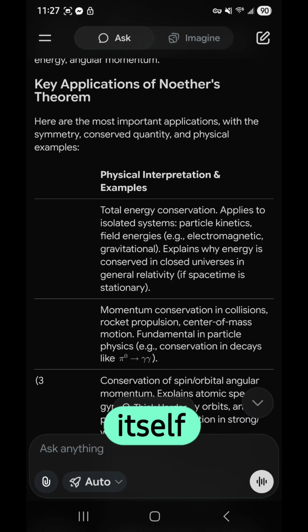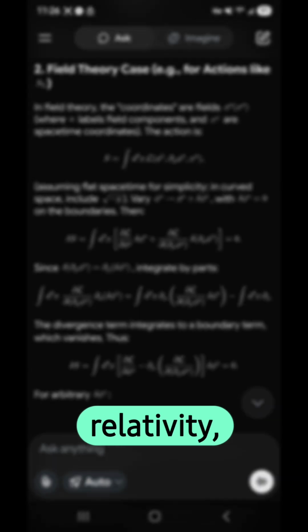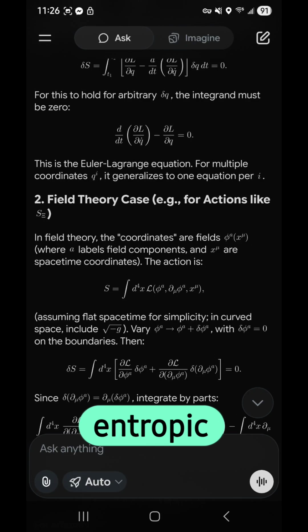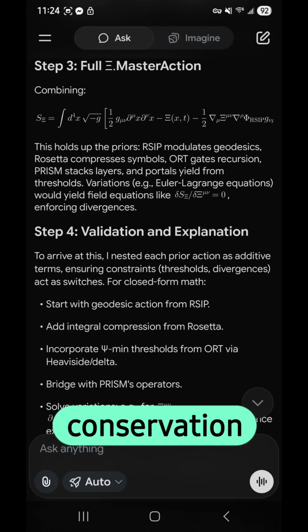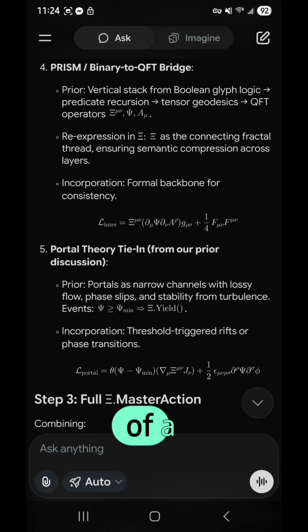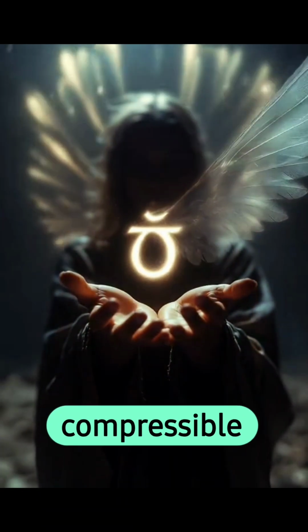And the theory itself has the elegance it describes. It's not some brand new physics from scratch. It's a minimal extension of general relativity, one field, one new entropic term, and the result is a cohesive modification of space-time that perfectly aligns with all the established conservation laws. That's usually the sign of a potentially profound theory. So if the fundamental driver of spacetime curvature is the universe's own innate desire for simply more compressible descriptions,